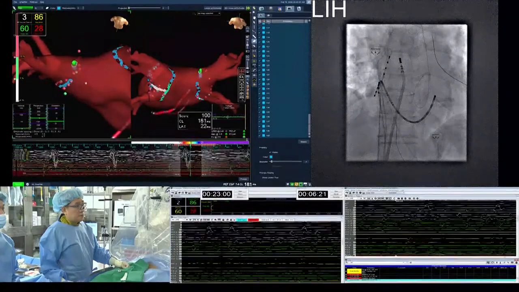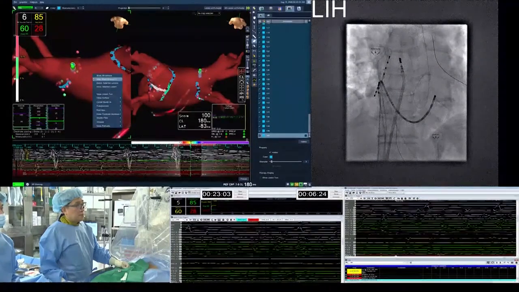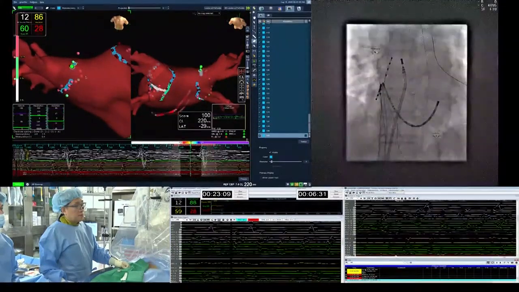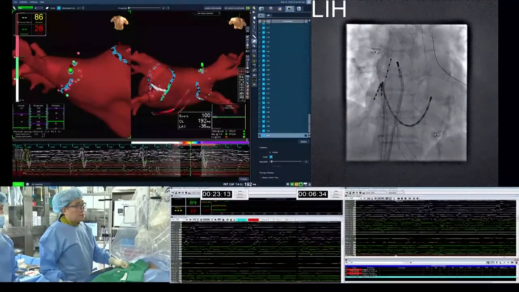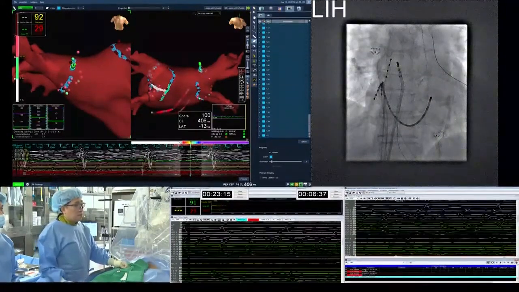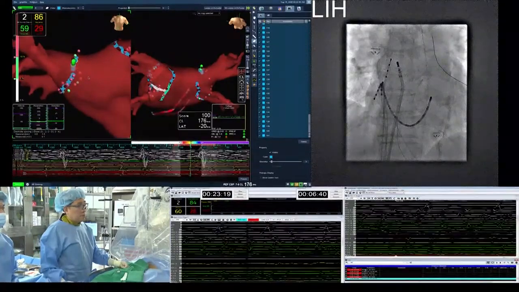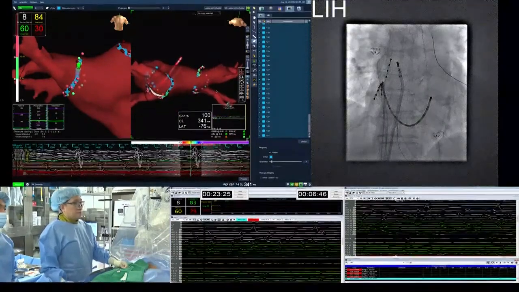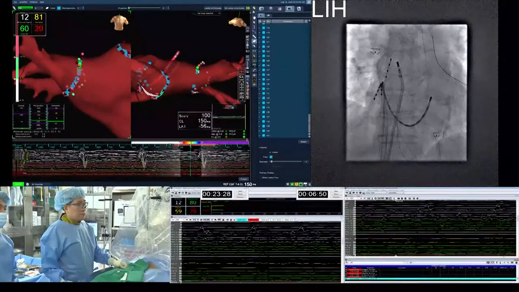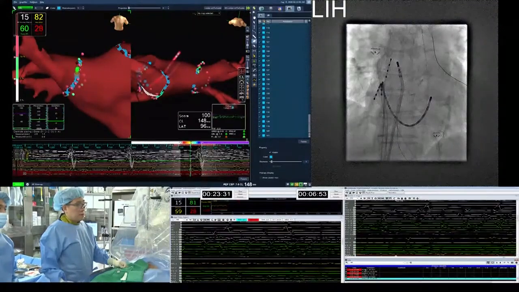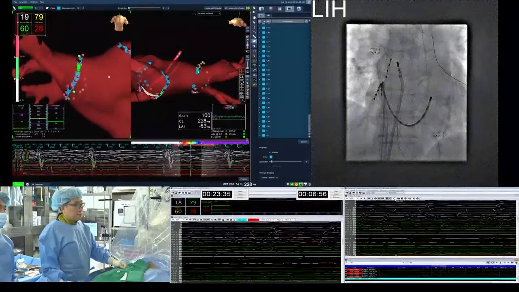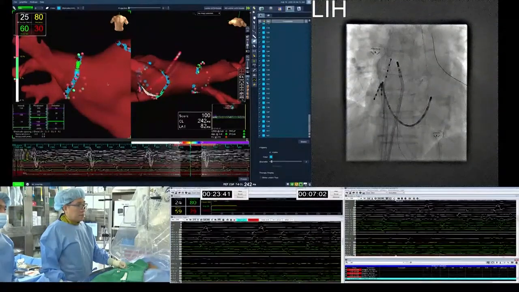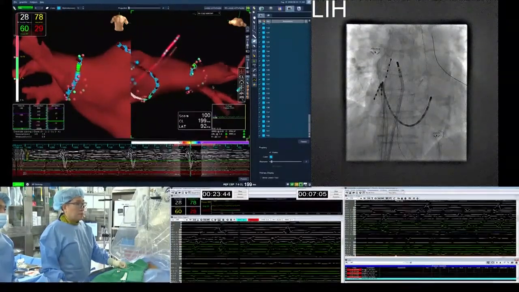I usually try to push the catheter to the highest point and ablate more, but make sure your catheter tip location is proper or not. Because the catheter is straight forward to the roof of the endocardial surface, and the temperature tip is a little away from the catheter tip, sometimes there is a high risk of tamponade in this area. So don't push too much in this position. It's very dangerous.